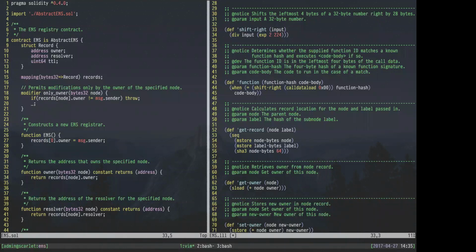And you can see here that it takes input, which is very descriptive, and does a shift by dividing the 32-byte number by 2 to the 224th. So that is the equivalent of shifting right by 28 bytes. It is a bit expensive, but in this case, it's done just once per function invocation. The next one